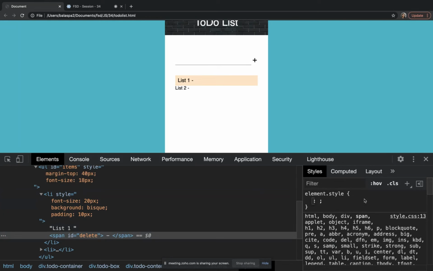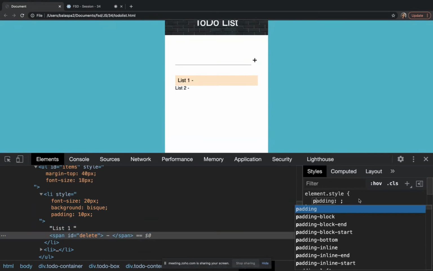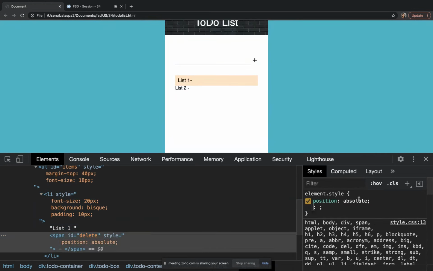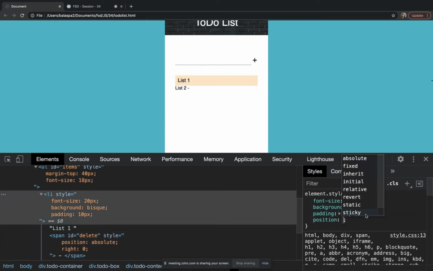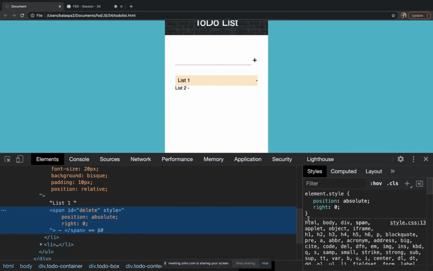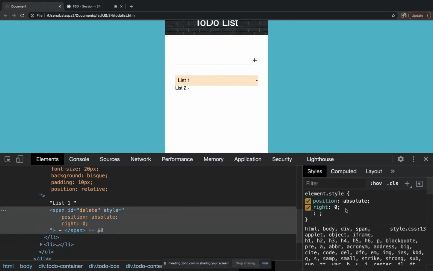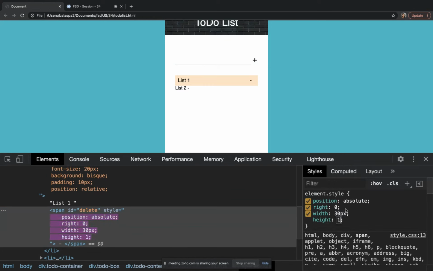So what I'm doing, I made this relative, and then I made this absolute. So I gave right, so it went to the right side. I'm going to add a width and height to it. Then only I'm going to add a width 30 pixel and height 100 percentage.